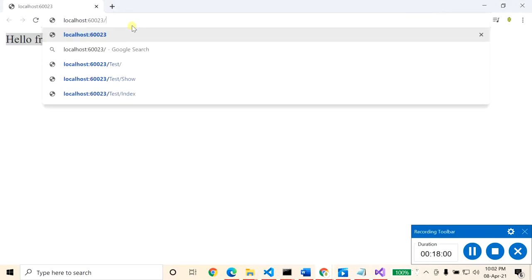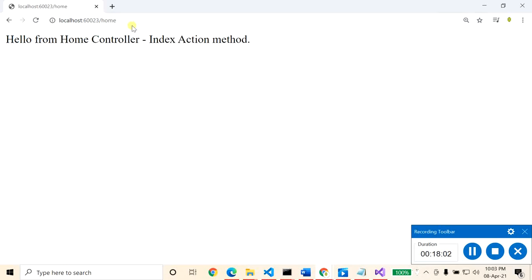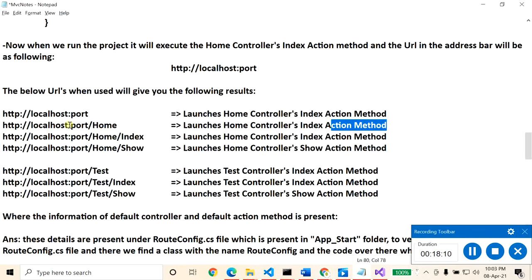If you mention home, it will render the same page, the home controller index action method. So this is optional. If the controller name in your routing is home, then this is optional. You can mention it or not.